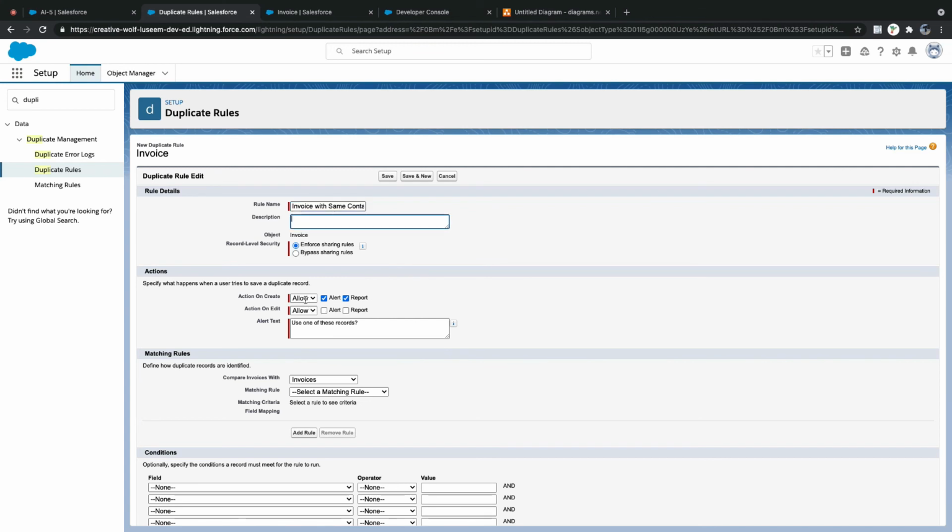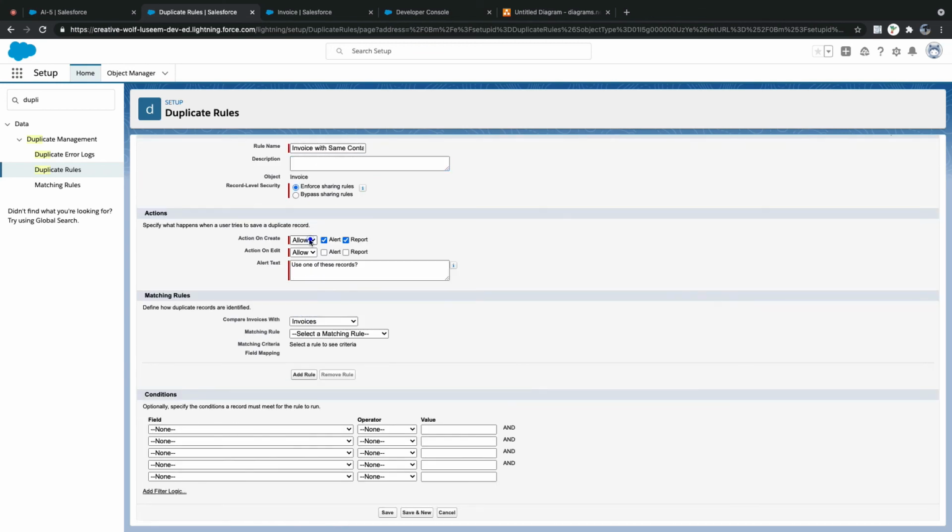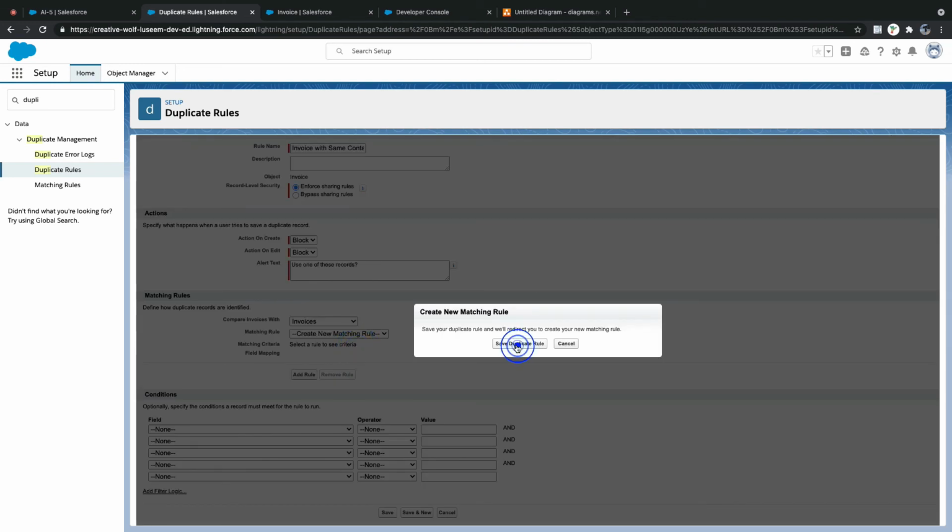It's okay. Do you want to allow or do you want to block? Let's say I need to block only, I should not allow. Block. And I'll create one matching rule, create new matching rule, save.